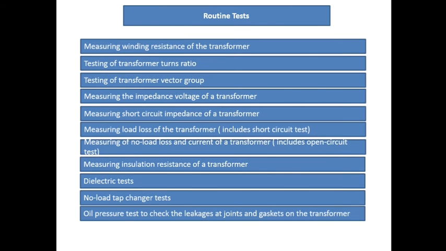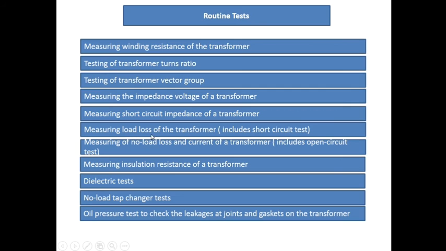Then routine test. Now, to verify and confirm operational performance of the transformer, we are doing these tests in routine test. Measuring winding resistance of the transformer, testing of transformer turn ratio, testing of transformer vector group, measuring the impedance voltage of a transformer, measuring short circuit impedance of a transformer,